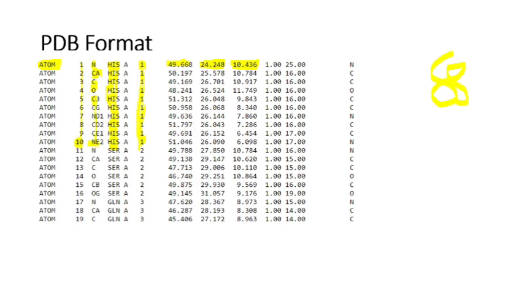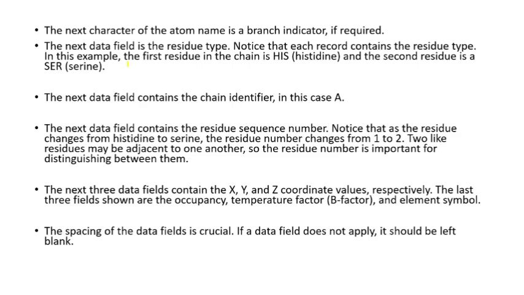Atom names are listed. So, histidine is the first amino acid present in the protein, and it consists of 10 atoms. The atom name is listed here, and the number of the amino acid is listed here, and here the x, y, and z distribution of these atoms in the x, y, and z plane is also listed. These are the data mainly present in the PDB. Some more data are present. We have not discussed this fourth line. This fourth line mainly